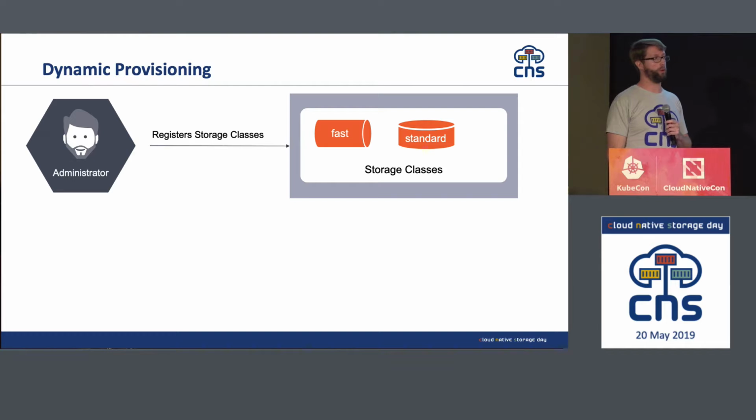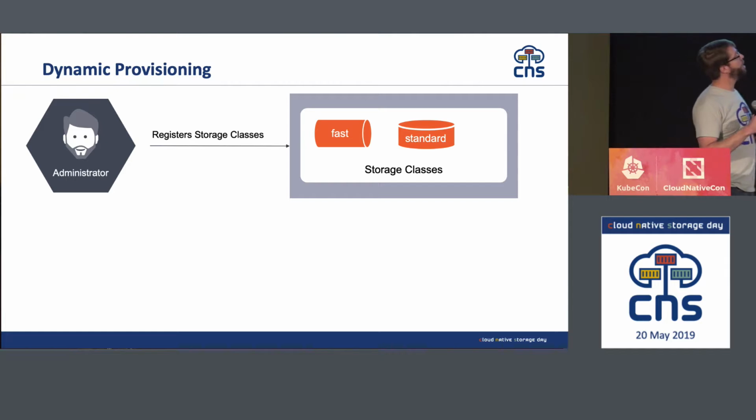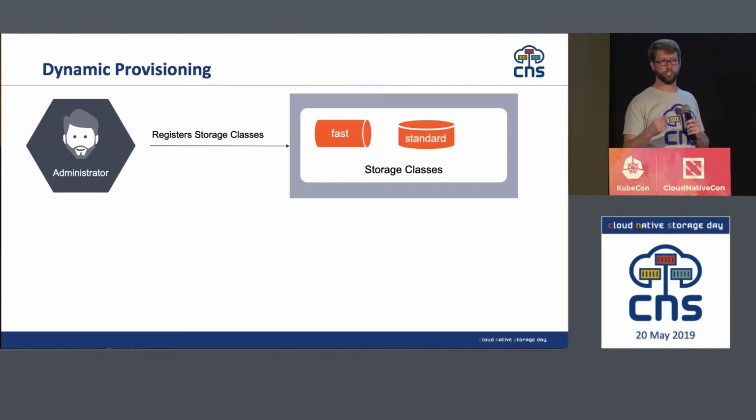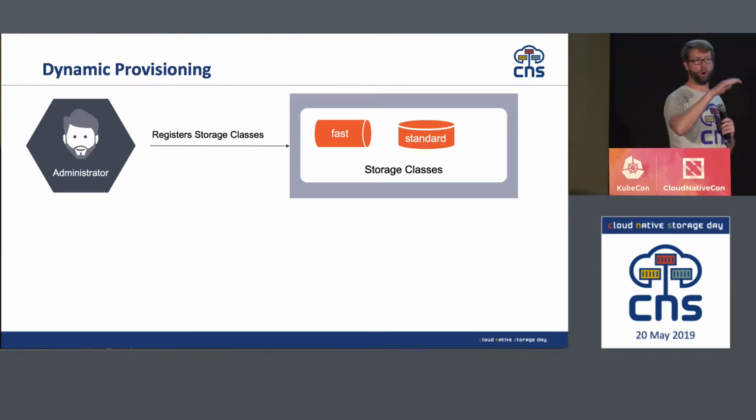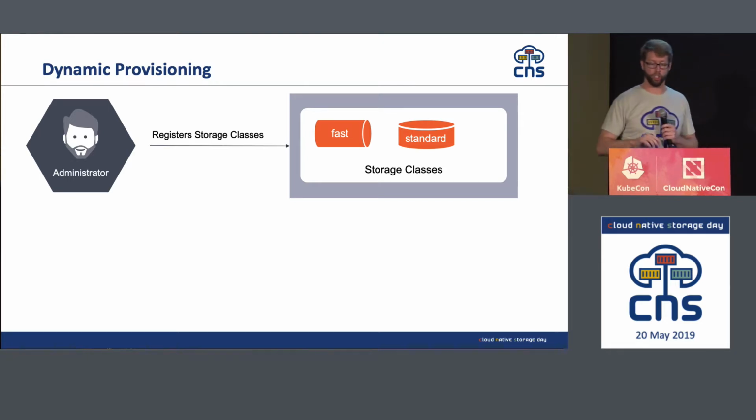I don't even want to think back to before dynamic provisioning. But basically the concept here is that instead of creating specific manual volumes, the administrator is going to create these things called storage classes, which you can think of as a blueprint for when a pod needs storage. This is the blueprint that you should use to, on demand, dynamically create that storage and make it available for the pod. So we have here as an example that the administrator has created 2 different storage classes, one that models fast storage, maybe on SSDs only, and then a standard storage class, which maybe would be on spinning platter disks.